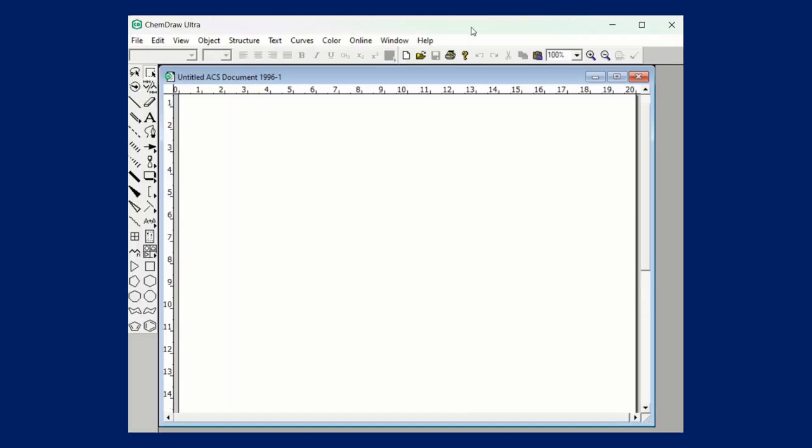So this is the window of the ChemDraw software. The software is ChemDraw Ultra. In this you can see there are different file options. We will explore all these options slowly one by one. And this is the toolbar. You can see the different structures. So how to draw a structure, we will see this and we will explore all the options present in the